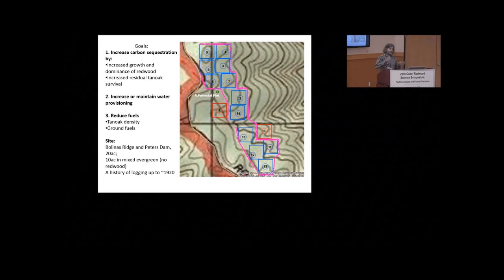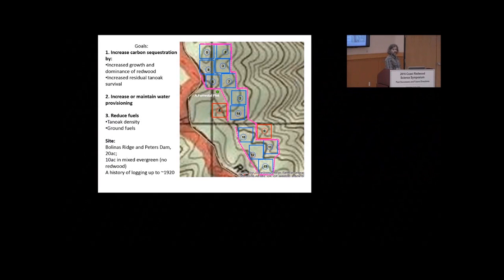This is a water district. Its mission is to provide water to millions of people who live on the peninsula. So we are also measuring water and aiming to increase or maintain water provisioning. And we are also aiming to reduce fuels, both the tan oak density as well as ground fuels. It's Bolinas Ridge. We have another site that we did this on, total of 30 acres,